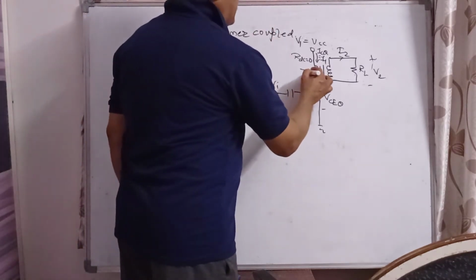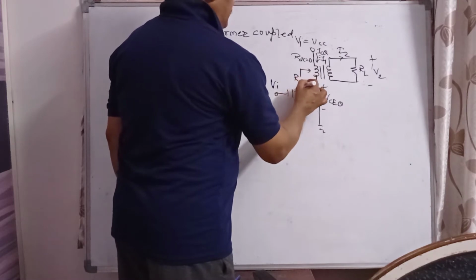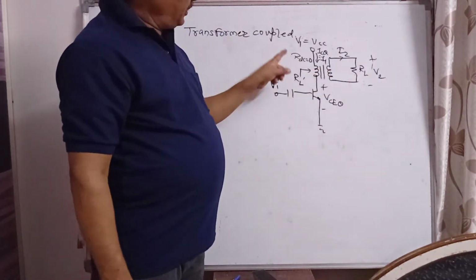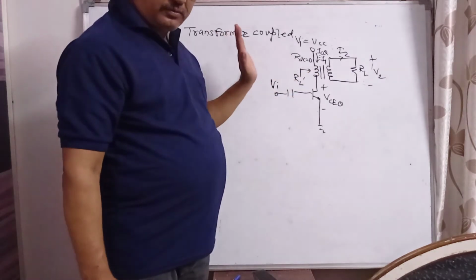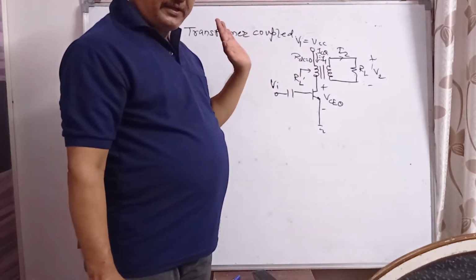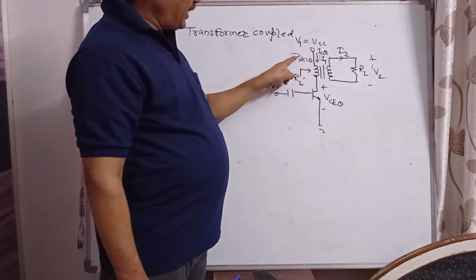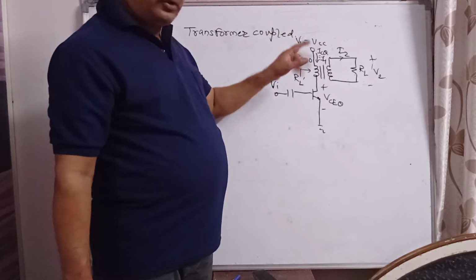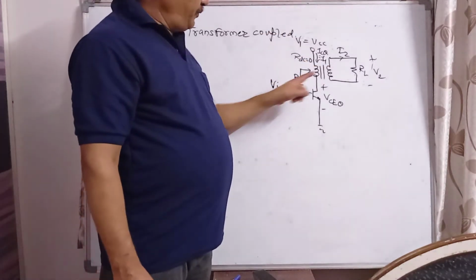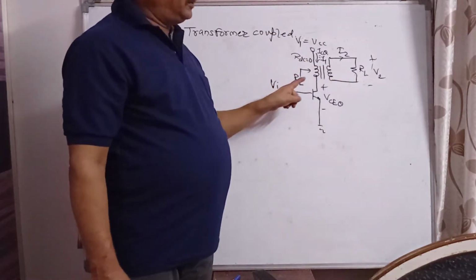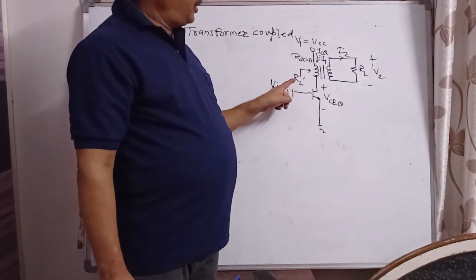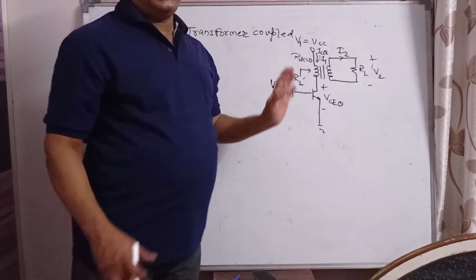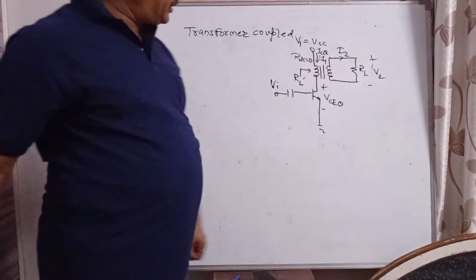So there will be a resistance, known as RL dash, the effect of the secondary resistance on the primary. The DC resistance of the primary is 0, so I1 into RDC, the drop, is 0. Here the voltage is 0. But what is this? It is the effect of the secondary on the primary. RL dash is known as the effective primary resistance. It is the effect on the primary due to the secondary, since the transformer has the property of mutual induction.